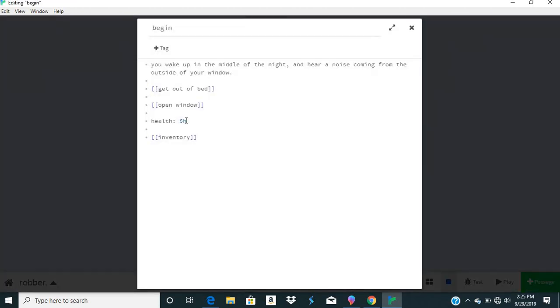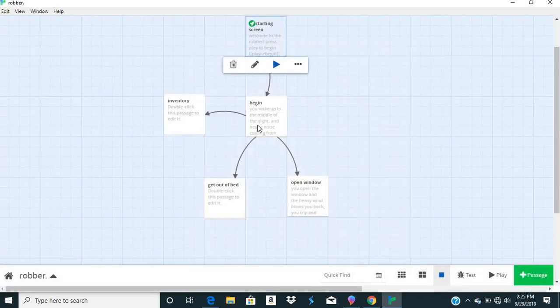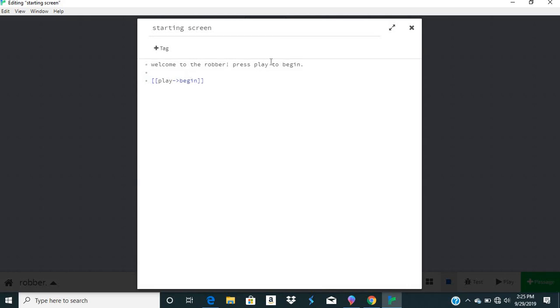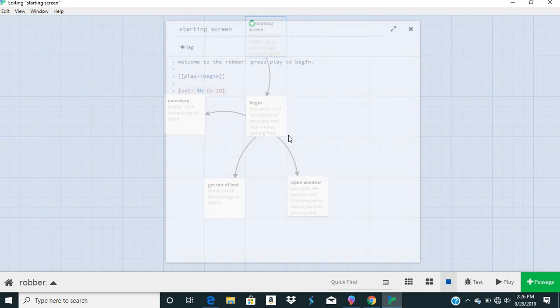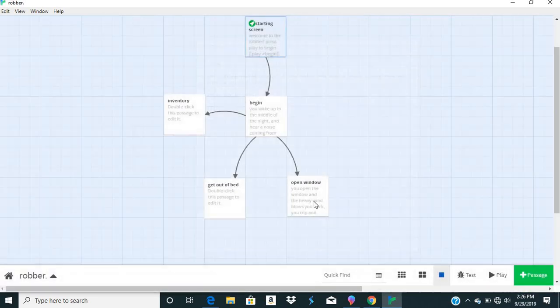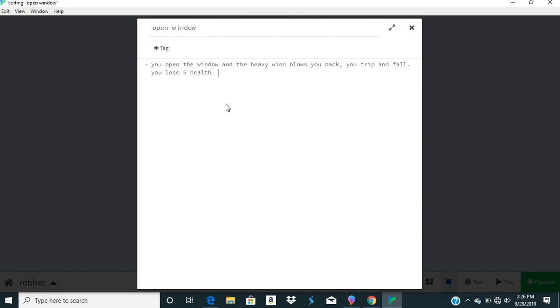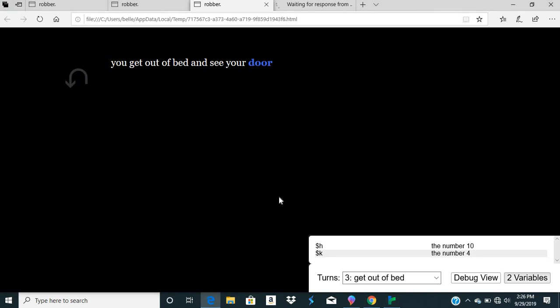We're actually going to set the health variable in this one instead of this one because we're not in the game yet, and it's best to set the variables before you get in the game, unlike the last one that I did. So I'm going to do set H to H, dang it, why is it capitalized? H to 10. Okay, so they're only going to have 10 health. And right here, as you can see, it's 10. So right here, we're going to do set H to H minus 5. So now that we have that worked out, this is literally all that we need to do for the health